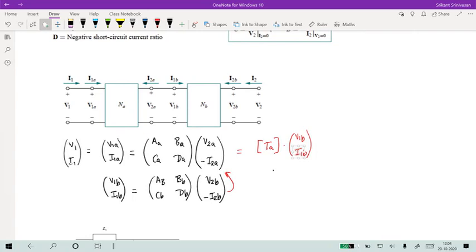So I've replaced that, and now I can write this further as TA times TB. There's a transmission matrix B over here. This is TB into V2B and minus I2B. And what is V2B and minus I2B? That's TA